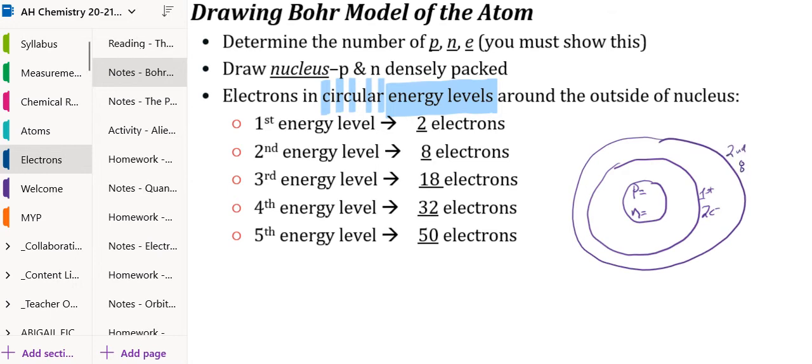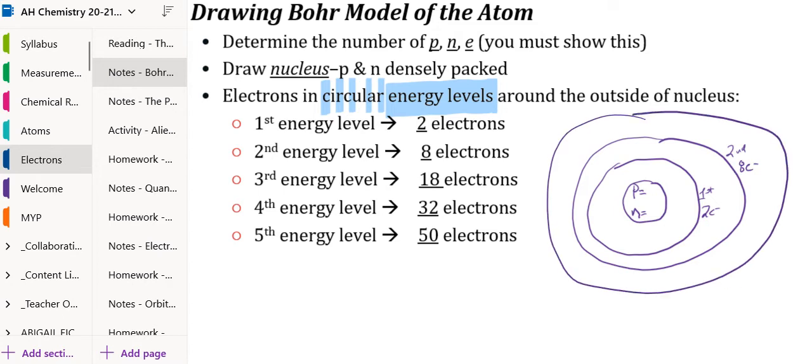Second. And how many electrons can it hold? 8. The third ring represents the third energy level. How many electrons can it hold? 18. I am not going to ask you to draw anything bigger than even just a partially filled third energy